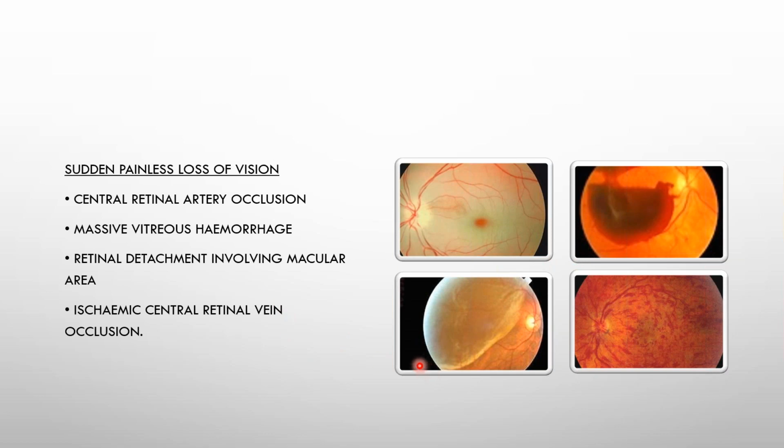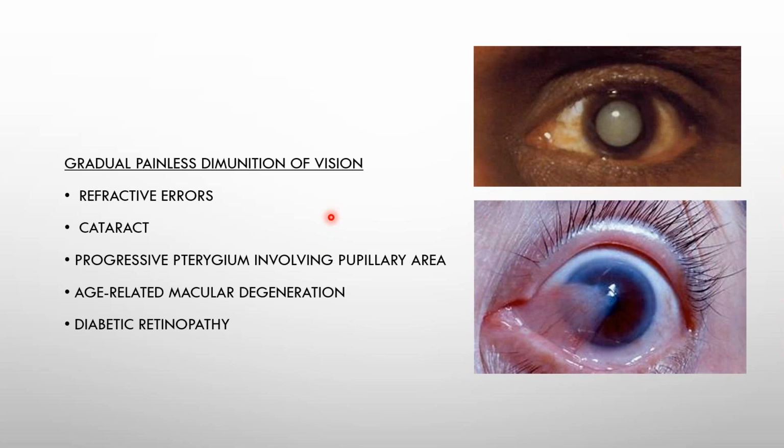Then a patient who is probably a myopic is more prone to rhegmatogenous retinal detachment. So again, if there's a sudden painless loss of vision with associated history that, okay, he's been a patient of myopia since very, very long, that could lead you, or clinch you, to a diagnosis of a retinal detachment. Then also another example is an ischemic central retinal vein occlusion. Now, these examples are for gradual painless diminished vision, and the most common of them being refractive errors, right? And then you have cataract, which is the second most common differential of a gradual painless diminution of vision.